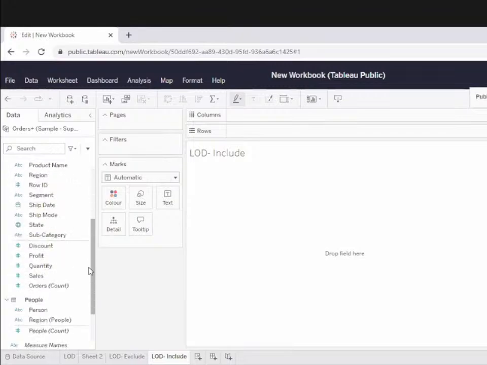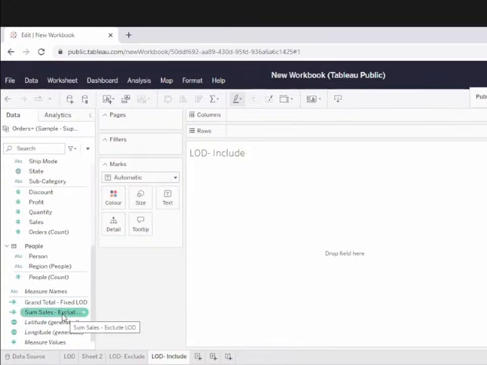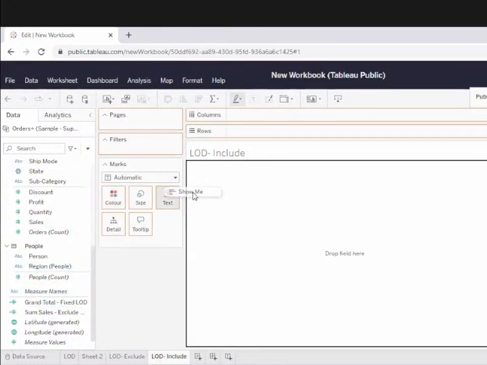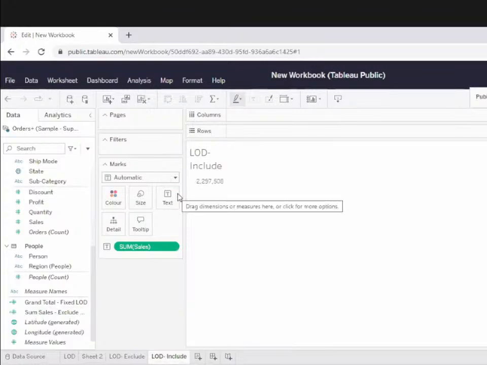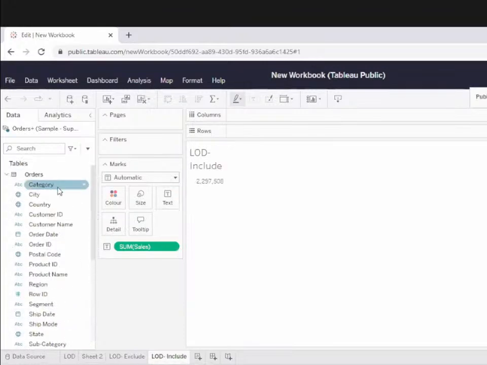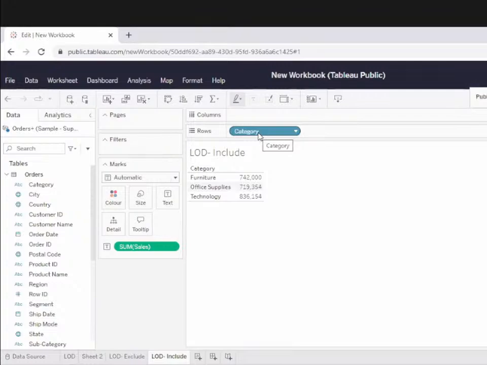Now, once again, what I'm doing is I want to show here my sum of sales into a table. Not, sorry, not this one. Simple, this one, sales sum into a table and group it by category. Simple calculation right now. No LOD. Okay. So now what I want to do is I want to show here